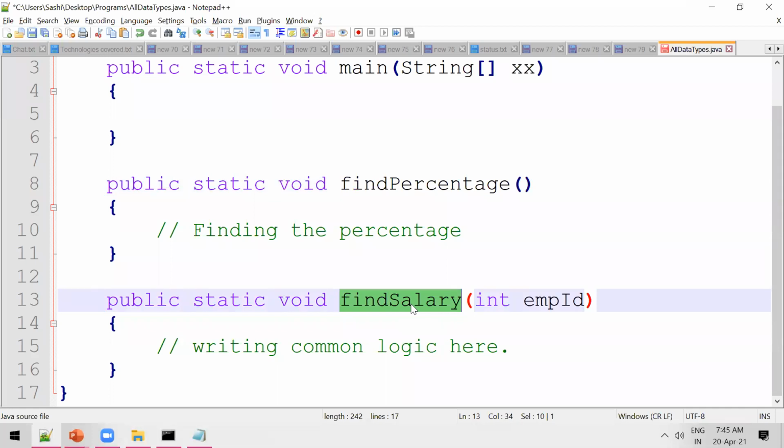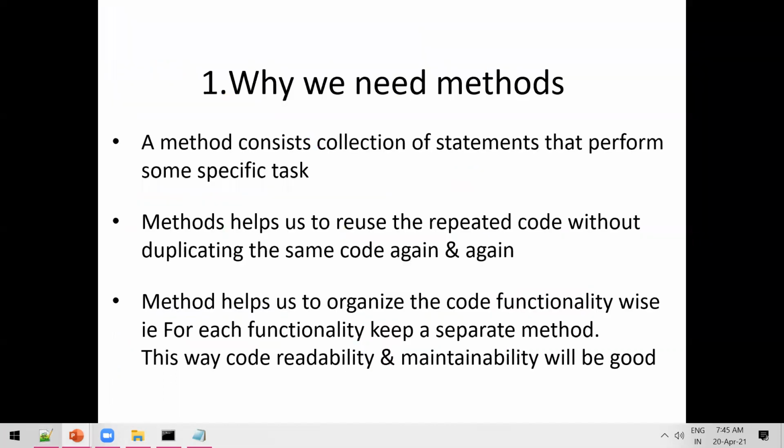In case you want to find out tax for the particular employee, keep a separate method. So it is always advisable to keep the methods as per the functionality. That is what I have mentioned in the third point. Methods are basically helping us to organize the code functionality wise. For each functionality, keep a separate method.